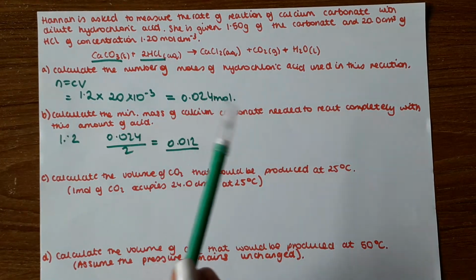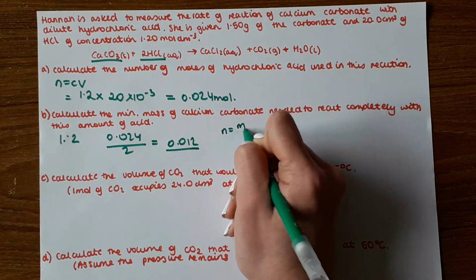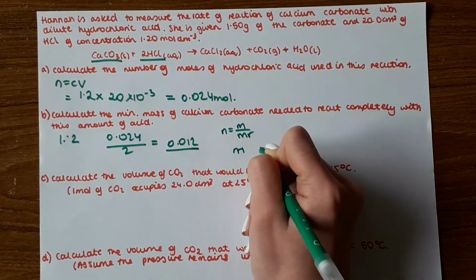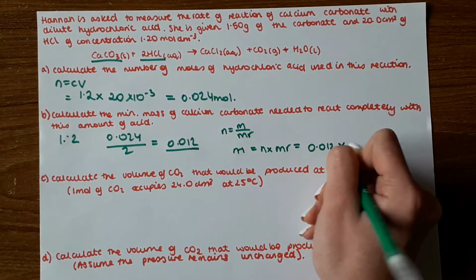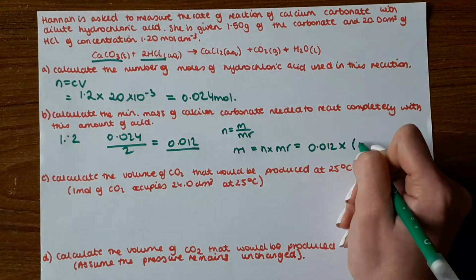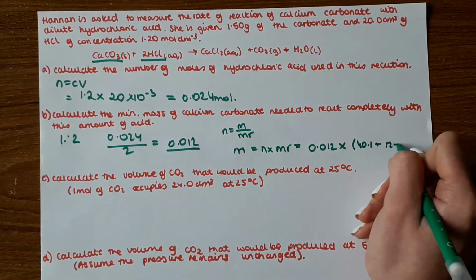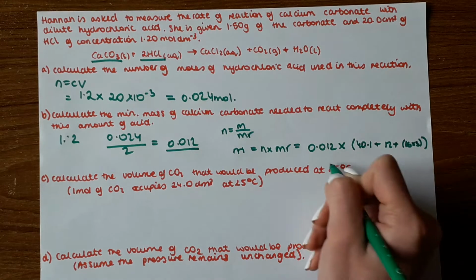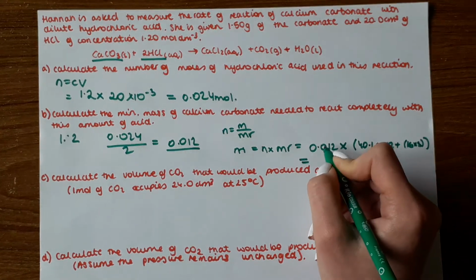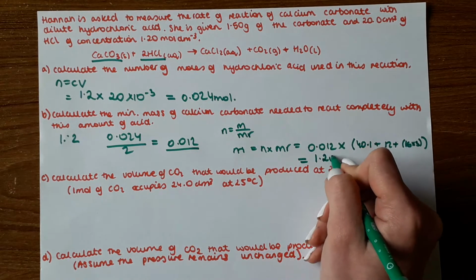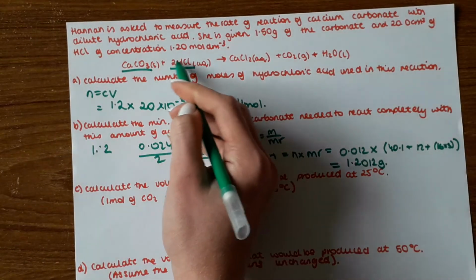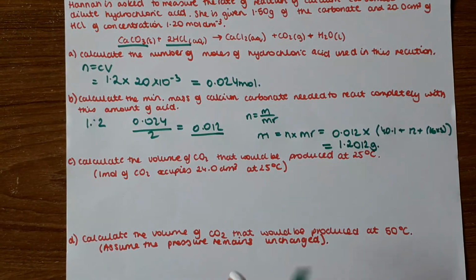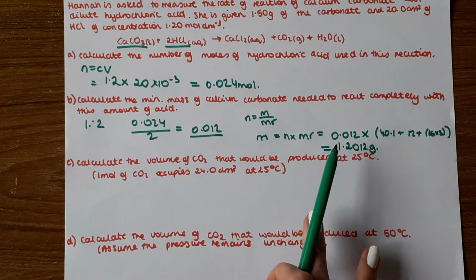And we have to find the minimum mass of calcium carbonate. In order to find mass, we use this equation. We rearrange it to find m: 0.012 times our Mr of calcium carbonate, which is 40.1 plus 12 plus 16 times 3. And our final answer is 1.2012 grams. So this is the minimal mass of calcium carbonate that needs to be present to completely react with the hydrogen chloride. Now, we're asked to calculate the volume of carbon dioxide formed